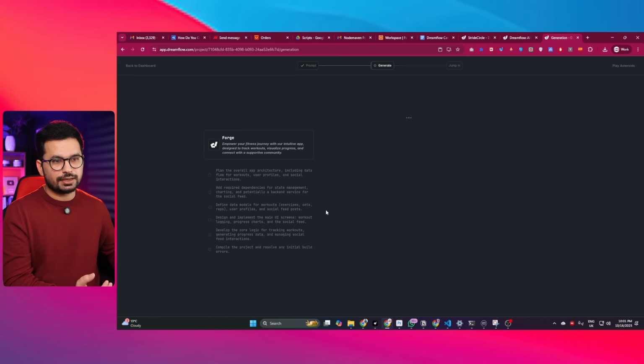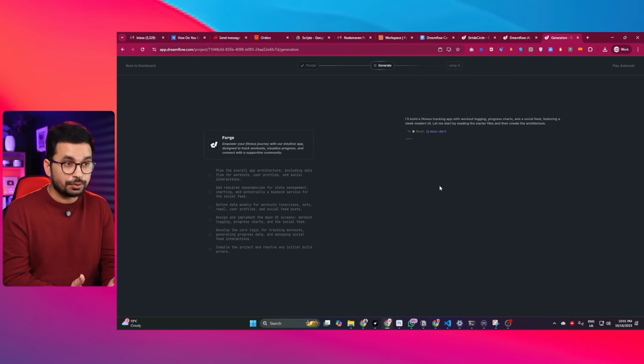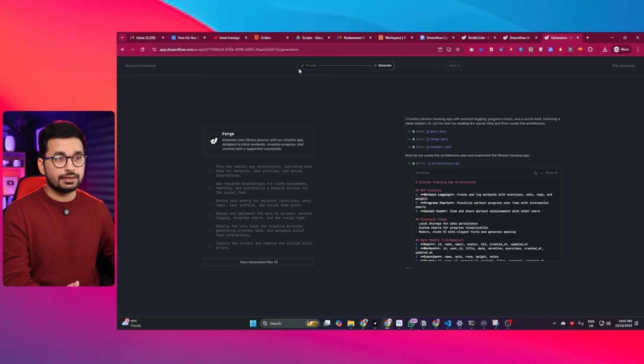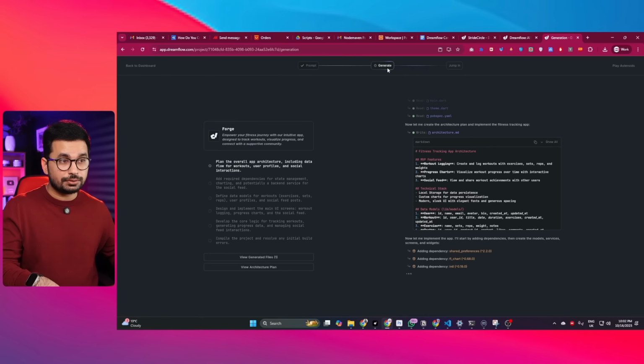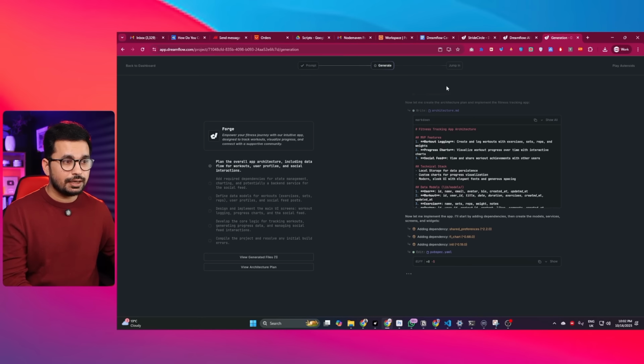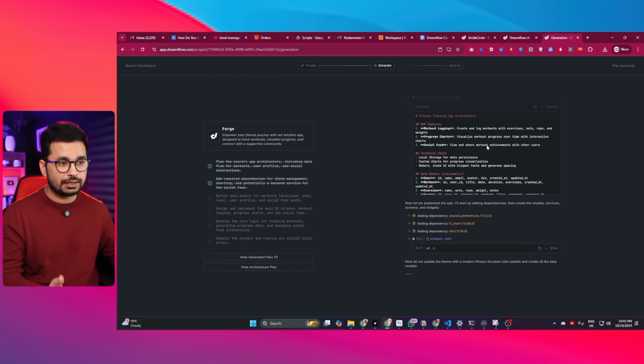You can see it has just created this plan, and now it is going to start writing code and set up a proper project for us. Now you can see on this top section, we are on this second stage, which is generate. The first stage was prompt, where we provided it with a prompt, and now we are on the generate section, where it is generating code and developing this application. And then the next step will be jump in, where we can actually preview this application and